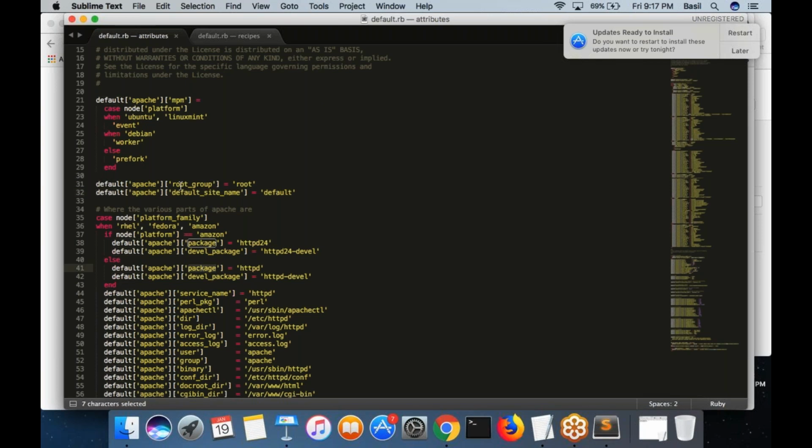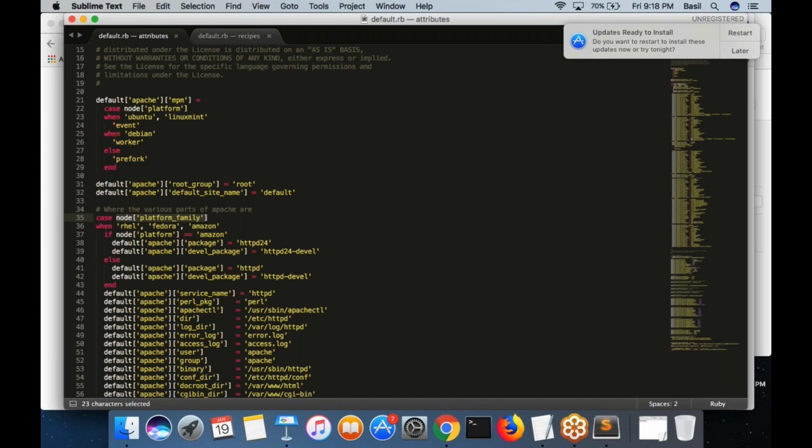So within the attribute folder also you have the option, basically based on what platform you run on the client node, you can decide what is the package name. So this is a case statement. As you can see, this is a case statement which will identify the platform of the node.